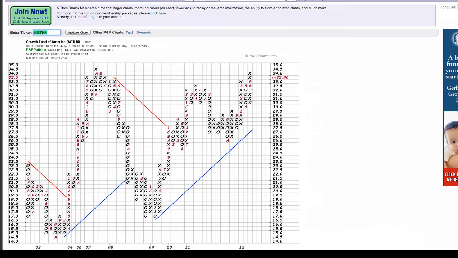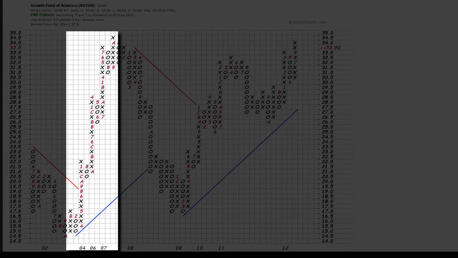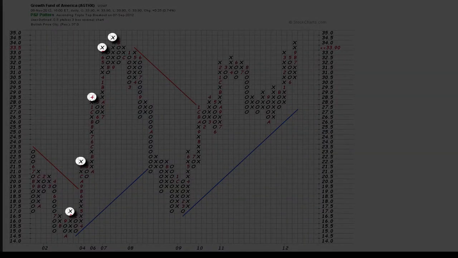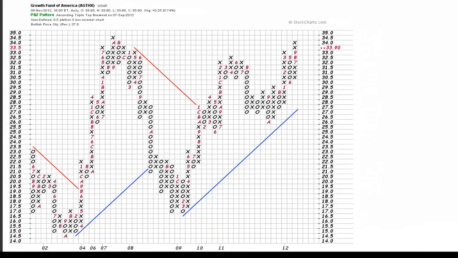Remember, we said prices fall when there are more sellers willing to sell than there are buyers willing to buy. Notice that from 2002 through 2007, every time supply took control, in other words, prices started falling, demand came back and the price exceeded the last highest price. To recap, the highs were $17 a share, $22, $28.50, $33.50, and $34.50. Each time there was a price pullback, the new low was higher than the old low, right up until we